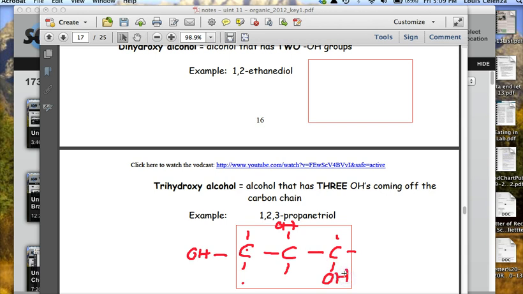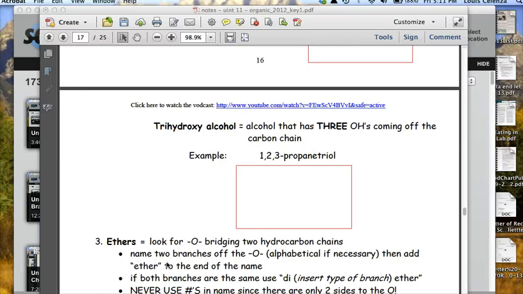And that's how you name alcohols. And again, you don't have to worry about primary, secondary, tertiary alcohols. And I don't think you're going to see the terms dihydroxy or trihydroxy, but you do have to know how to name these other alcohols. And that's it for